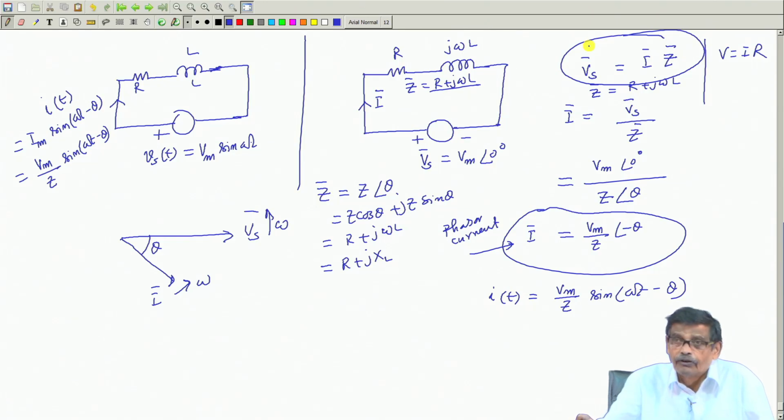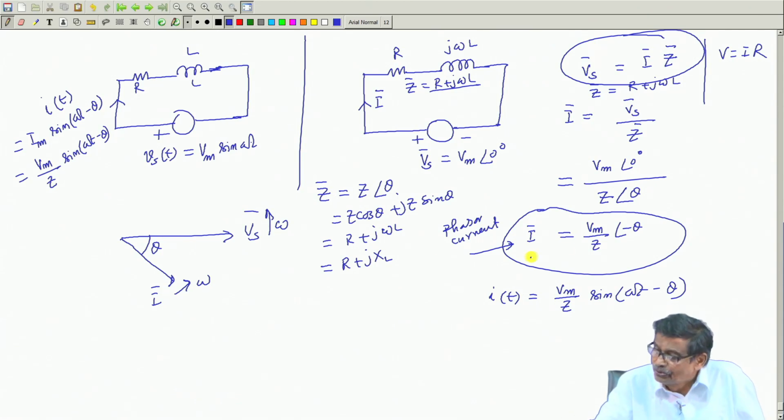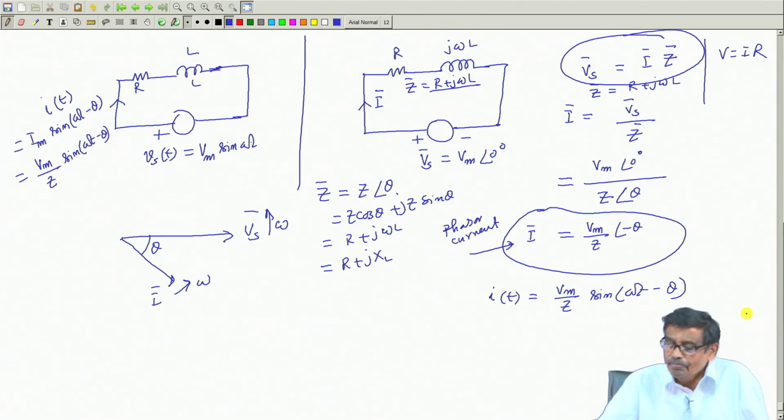And I will get this current in phasor form. But switching from phasor to time domain does not take any time. Just looking at it, I will write sin omega t minus theta. Got the point? Therefore, for circuits with AC excitations, and if you are only interested in steady state currents, then nothing is better than this